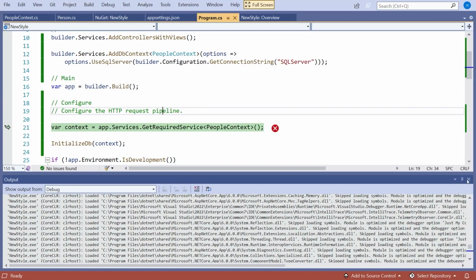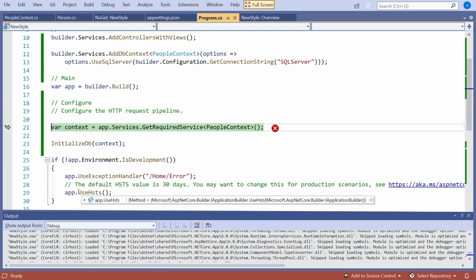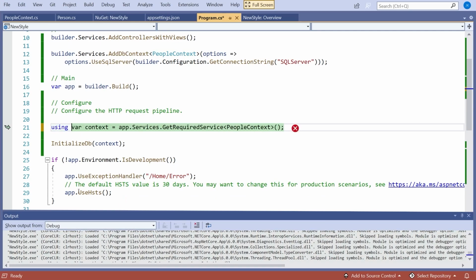We're here just in the configuration. And so, like we saw in the earlier video, I've got to actually do my own scoping. So what I have to do here is actually put it in a using block. So I'm going to say using, and then all of that. And then I'm going to say var scope equals app.Services.CreateScope.